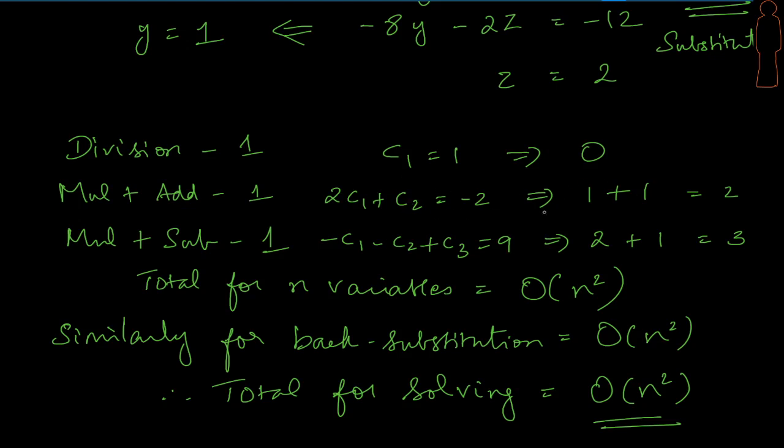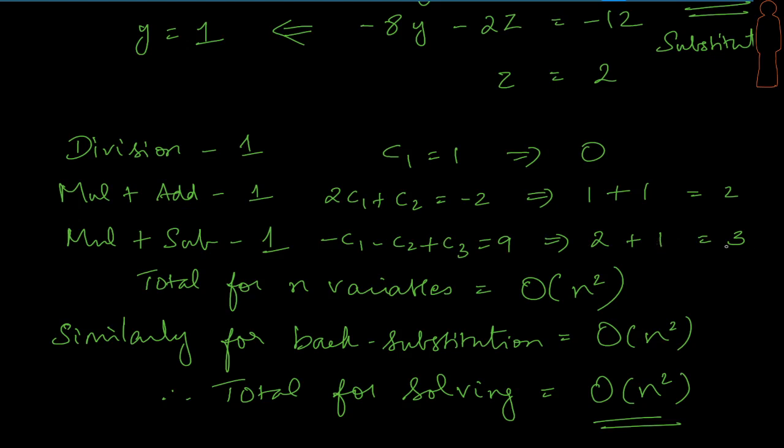And for C2, I need a division. Imagine if there is a coefficient here, I would have needed a division with that coefficient from the right hand side, right? But in this case, it's not there. But worst case, let's assume that there's going to be one division operation. Let's move to the third equation. Here, I will need two multiplications, assuming some coefficients are there for C1 and C2. Of course, there will be some addition and subtraction as well. All that together, let me take as two operations put together. I will still have one division. In this case, again, it's not there, but in a general case, I may have a division, right?